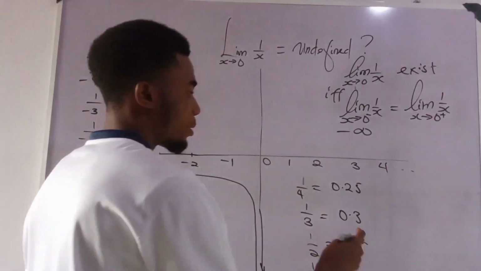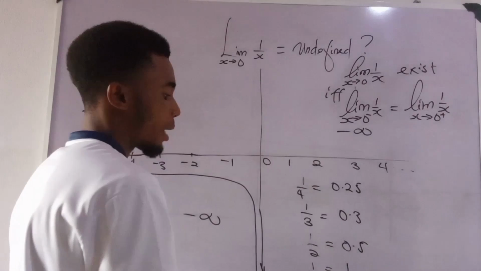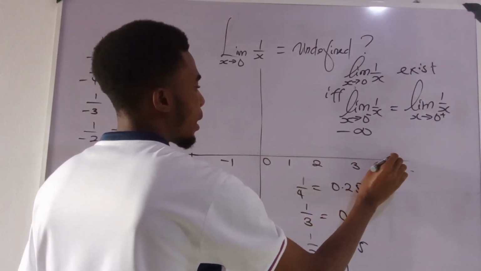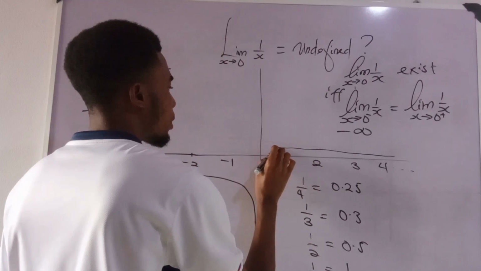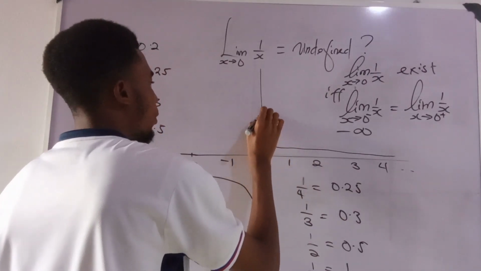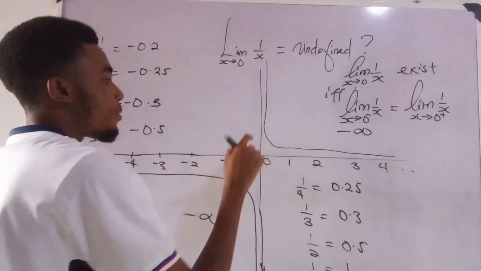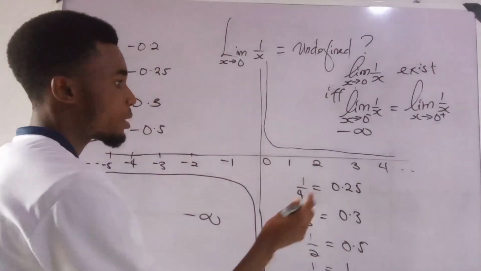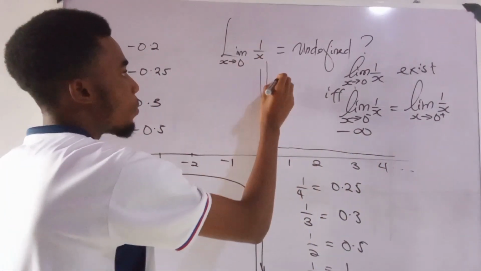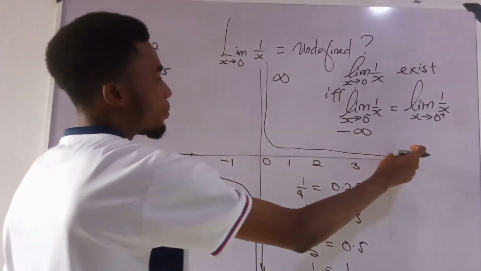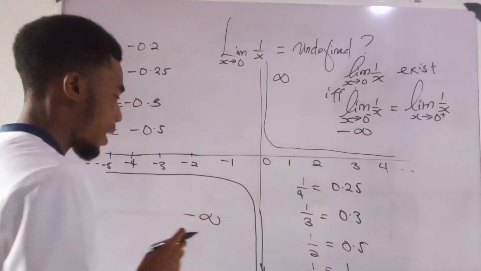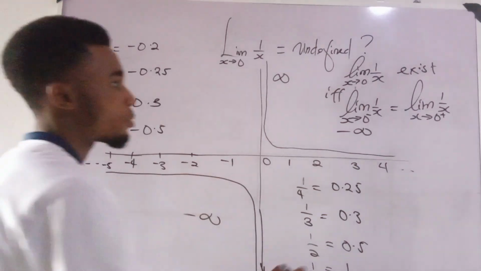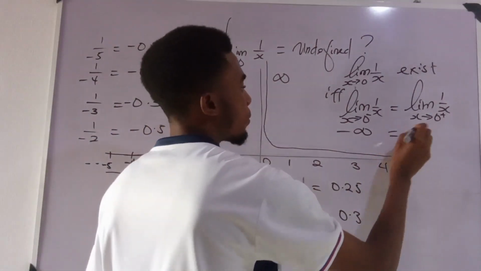Now you can see that the function gets bigger as you approach 0 from this angle. So that means that as x is approaching 0, the function gets bigger and bigger and bigger, but it cannot actually have a value at 0 because at 0 the function is undefined. That means that this function heads to positive infinity from the right-hand side and the function heads to negative infinity from the left-hand side. So here is positive infinity